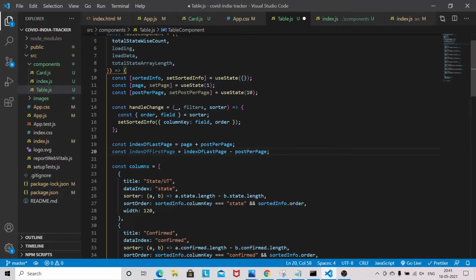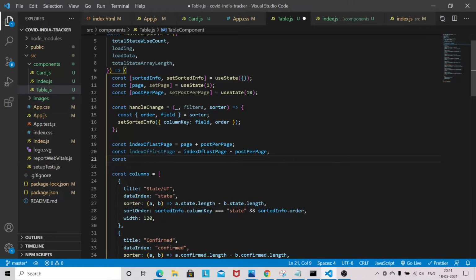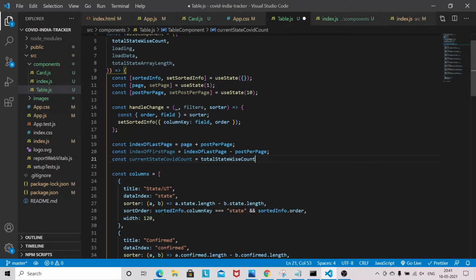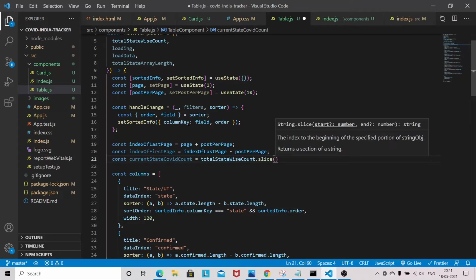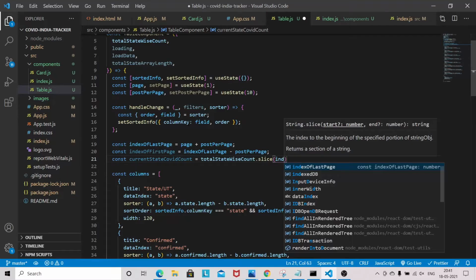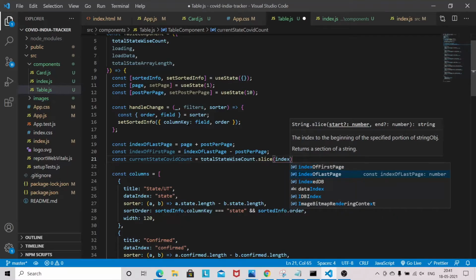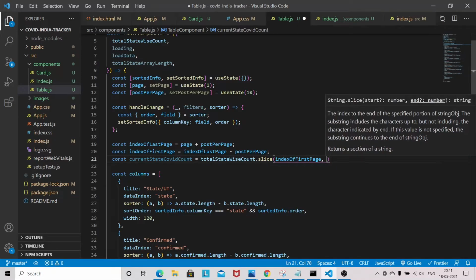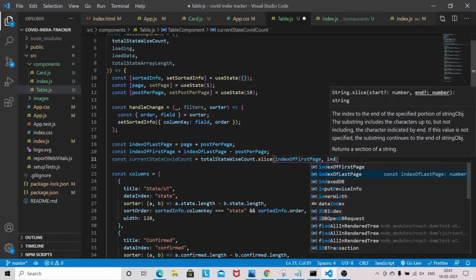Usually we write const currentStateCovidCount, the totalStatewideCount dot slice, index of first page and index of last page.